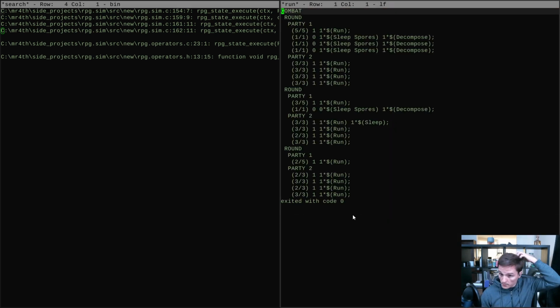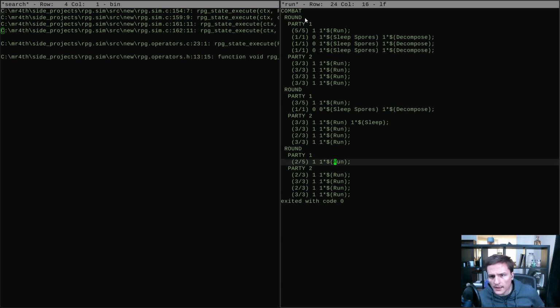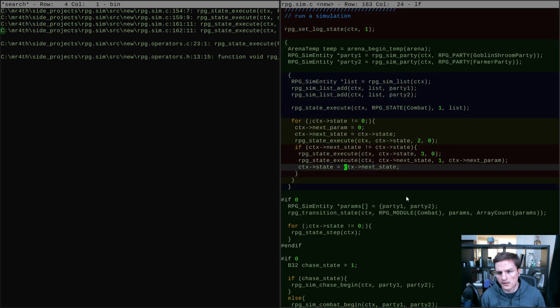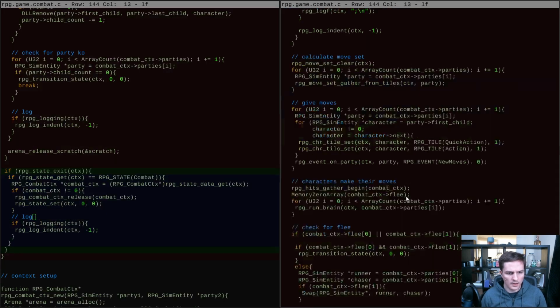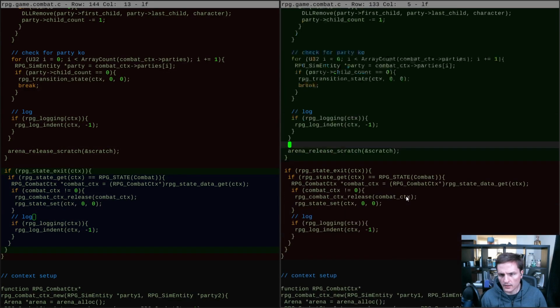There we go. So we get, okay, we're missing the end of combat. Now we can log this a little differently. Instead of putting